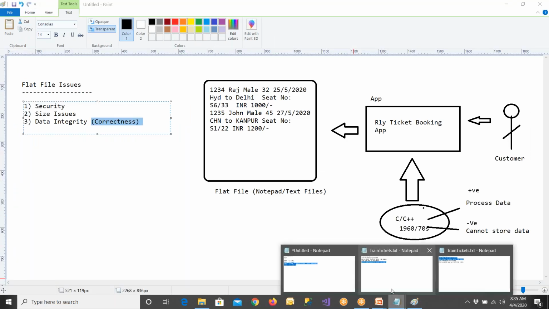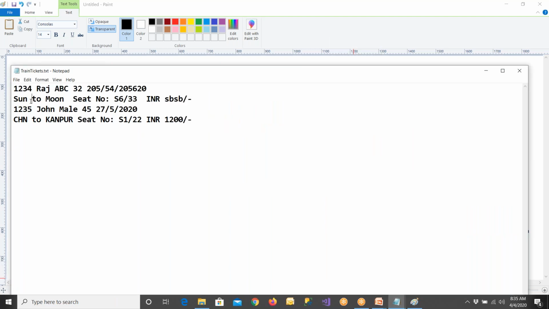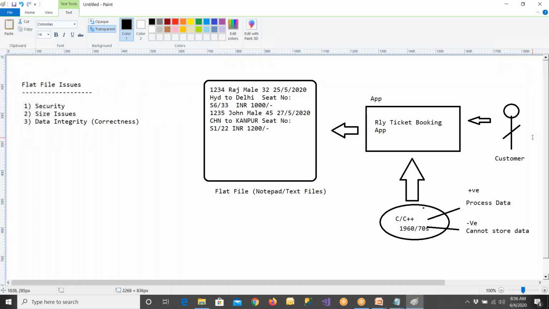What do you mean by correctness here? Here there is no station called sun, and there's no station called moon. And this is not the way that we should store the dates. And this is not the way that you should have the gender information. And somebody says that age is this much. Can we have this much of age to the people? So everything is completely gone bad, and the people are completely saving the data. This is the big headache to the customer.